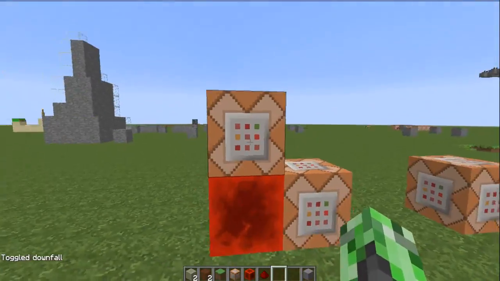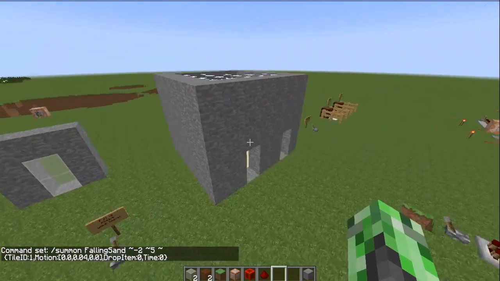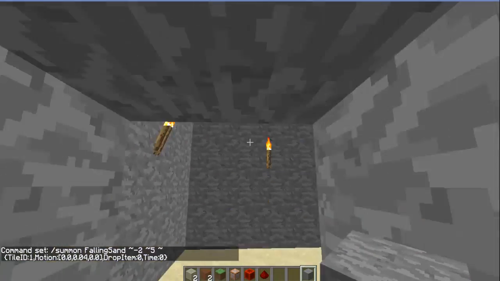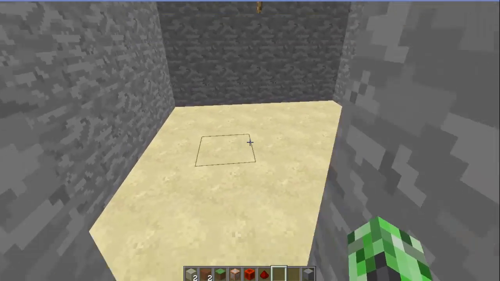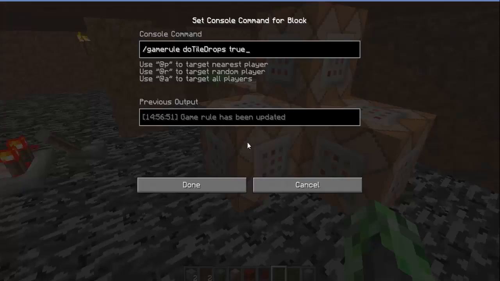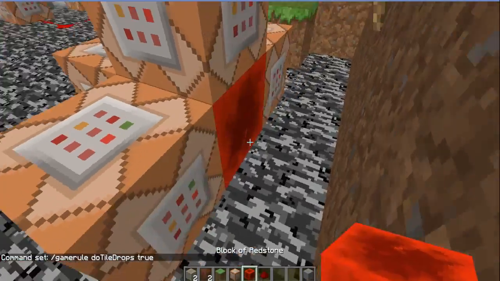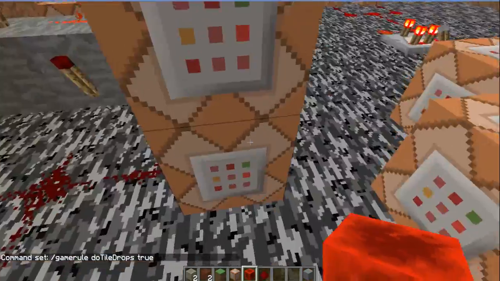And then it places 2 falling sand entity things right here of the ID of stone. So it looks like stone, and then you can just walk straight through it. And the way they destroy, so that's wait, what am I? Okay, that's this clock, and then it turns tile drops true because I don't want the block to pop off when I'm replacing this. Okay, and then